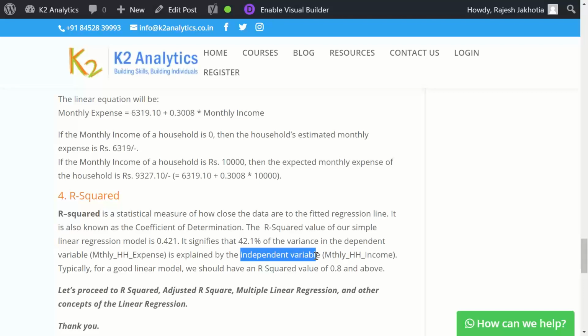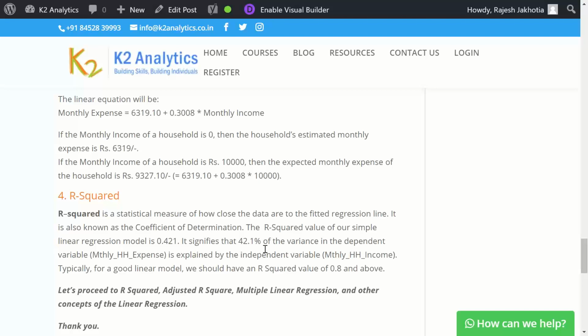Almost 58% of the variance is not explained. A good model is one where R squared is 0.8 or above. In our case, we have got only 42.1.